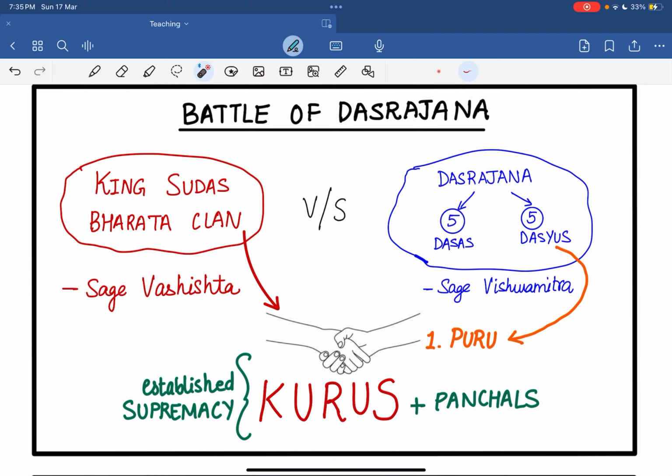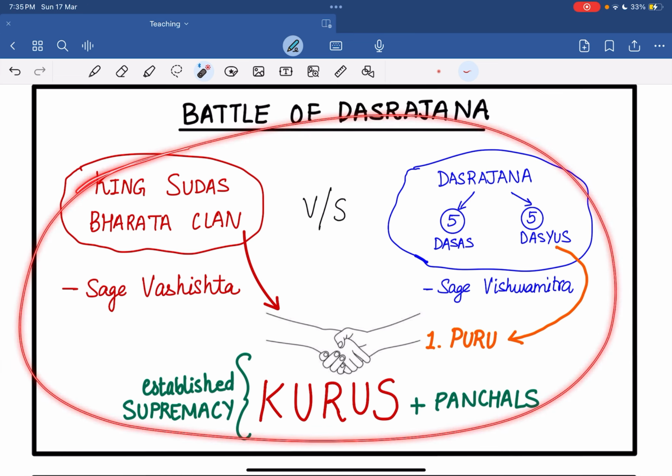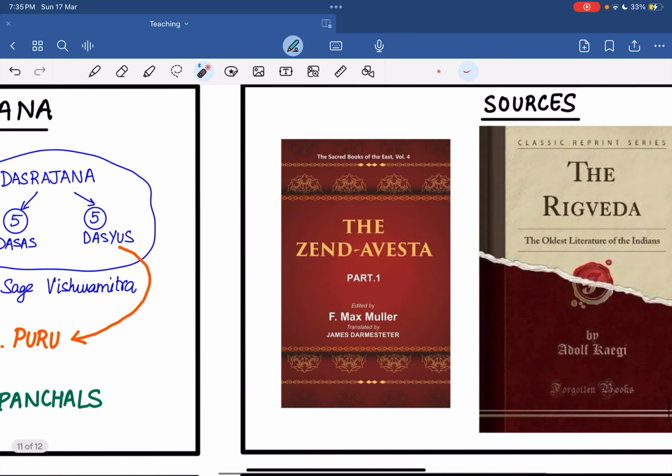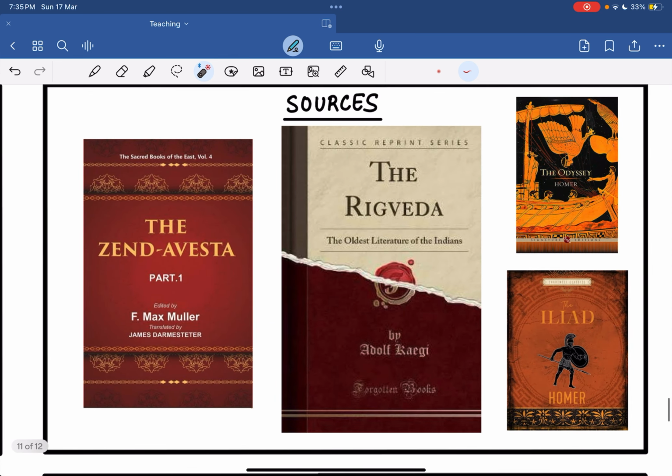So this was the entire story of how the battle was fought, what exactly happened, and this was a little overview. We dealt with all the important points that were there. One thing is for sure, that there are no very specific questions asked from this section, but if there is, we've covered all the important points. Now moving on to sources.